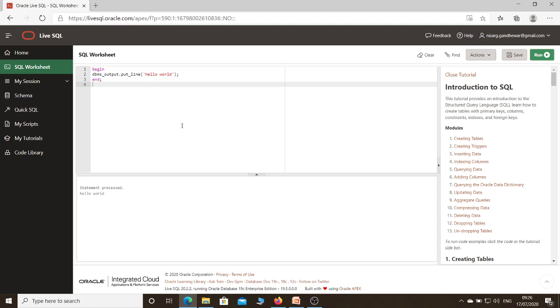What is the benefit of executing a PL/SQL script in LiveSQL? There is no need to enable set serveroutput on, because by default its buffer is on. Whenever you are using a local window, you need to enable it in order to show the output in the output window on a local machine. Whenever you are using Oracle, you have to use the command set serveroutput on, but by default in LiveSQL your buffer is on. So in this way we can execute SQL commands as well as PL/SQL commands. I hope you understand how to make use of LiveSQL. Thank you.